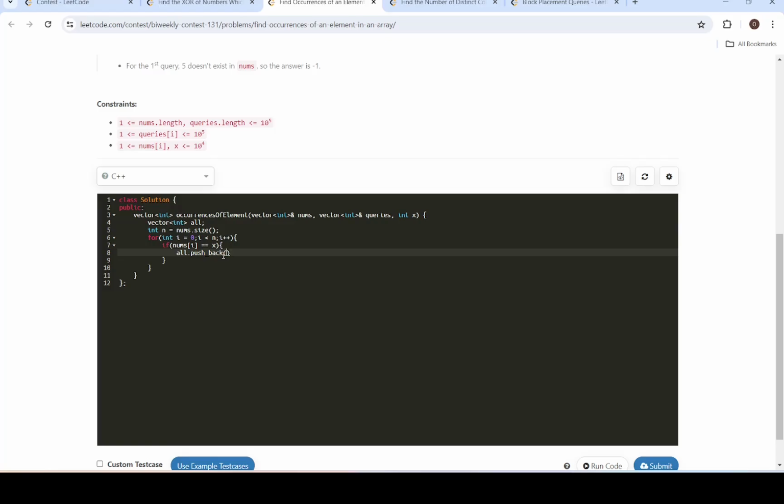All dot push back, I think, the first occurrence. This should make sense. Then all I have to do is return a vector answer. So for int x in queries,